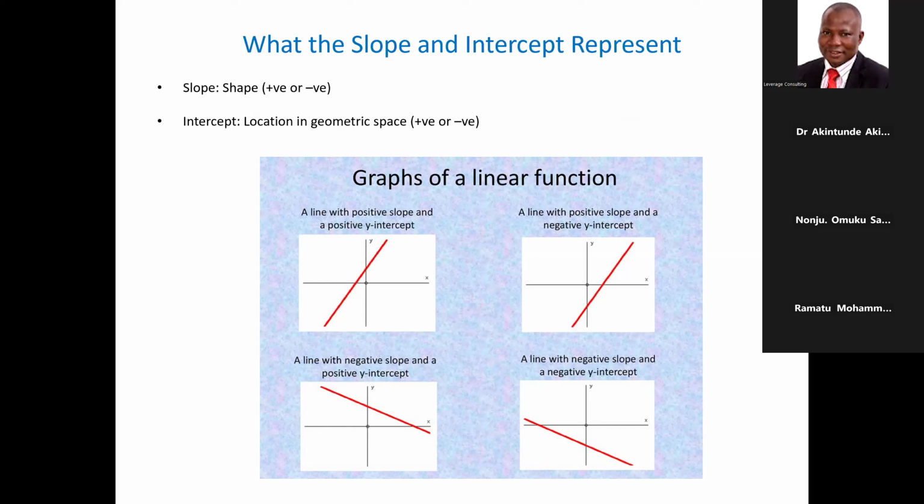When you draw the Y and X axes, the part above on the vertical axis for Y is positive, and the part below is negative. For the X-axis, anything to the right of that vertical Y axis is positive. Anything to the left is negative. So in that context,